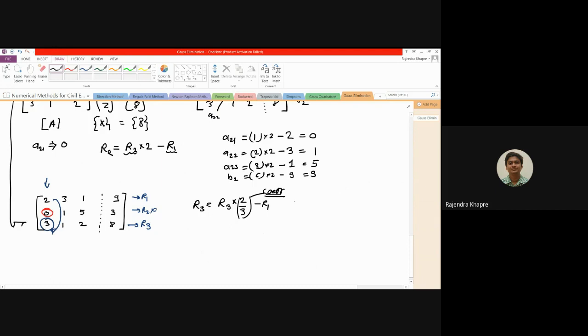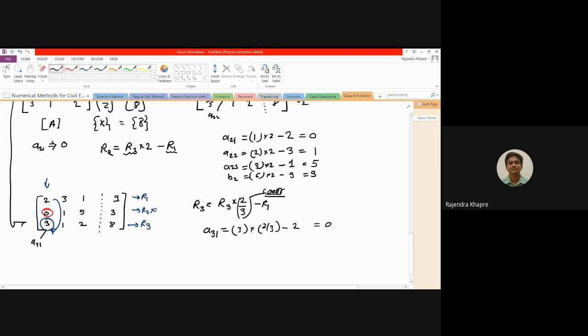Okay, so for every operation, the value of these coefficients will be different. So now here I have to go one by one. The first element will be something like A, third row, first column. So I am talking about this particular element. This is A, third row and first column. So here A31 will become 3 into 2 by 3 minus the R1 value, which is nothing but your 2. So this is going to become